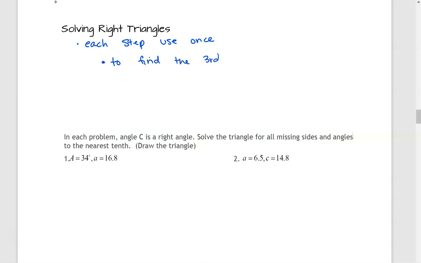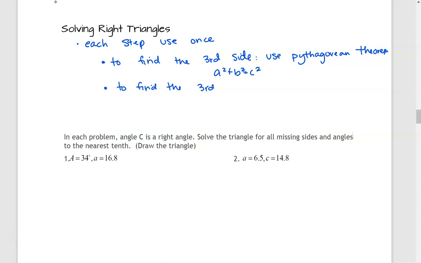to find the third side, we will use Pythagorean theorem. And that is a squared plus b squared equals c squared. And then to find the third angle,